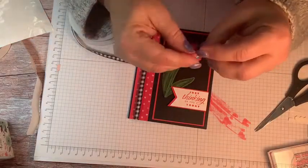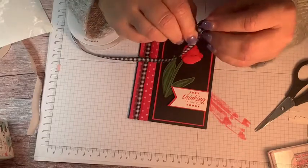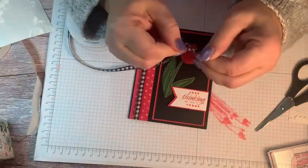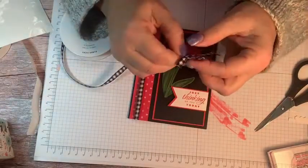Those of you that are still here, are you breathlessly waiting to see the other ribbon we're going to color? Okay, so we'll just kind of